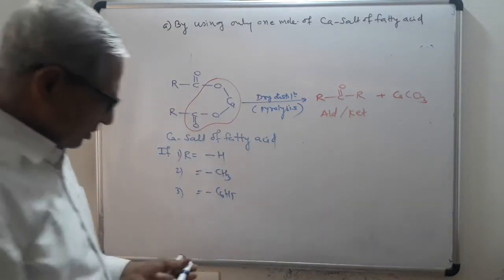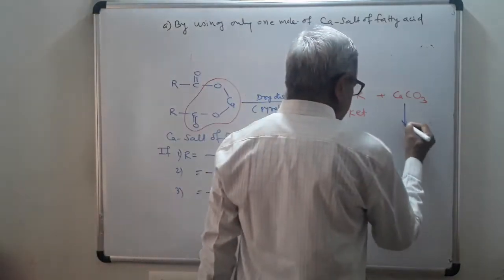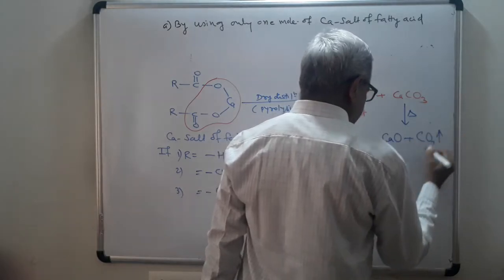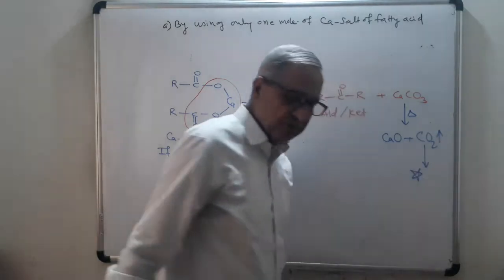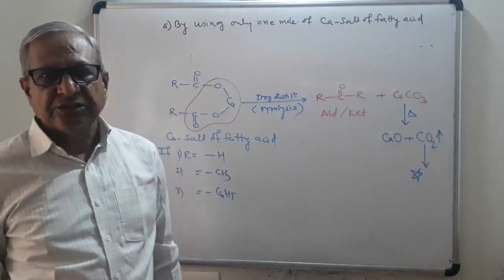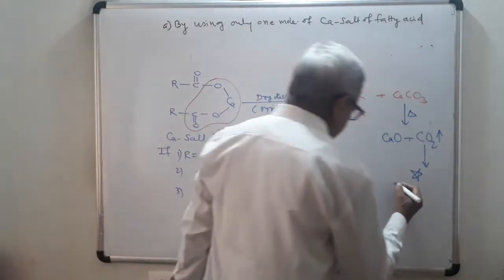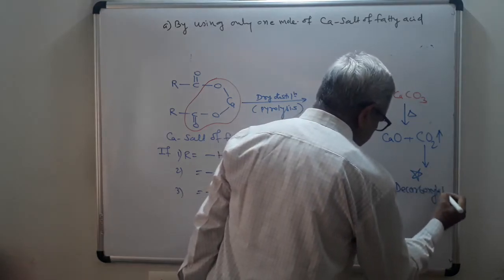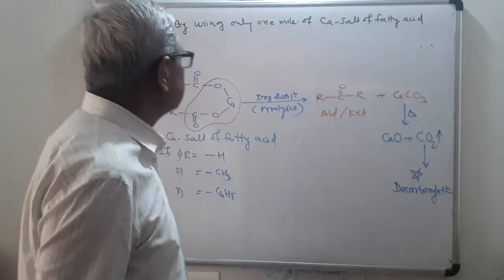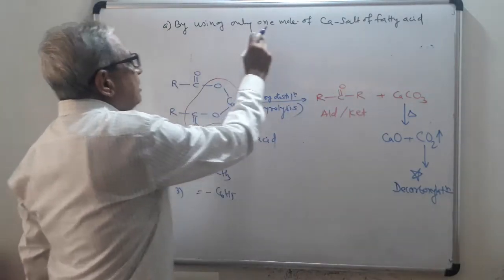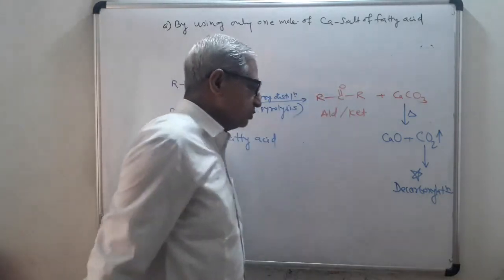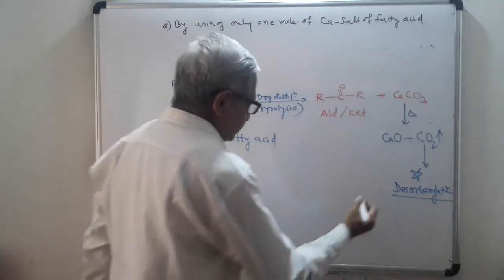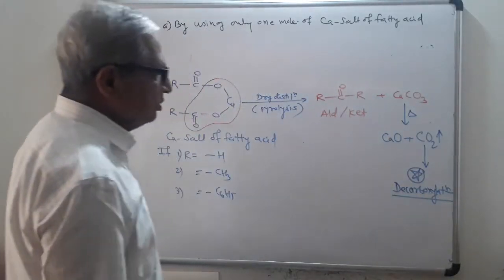Now see the important question. Heating is continued here. Therefore you will get CO2 gas evolved in this reaction, and one of the JEE questions will be asked. A reaction in which CO2 gas is evolved is known as decarboxylation. So by pyrolysis of the calcium salt of carboxylic acid, it is a decarboxylation reaction. It is an important question here, remember that, because CO2 gas is evolved.